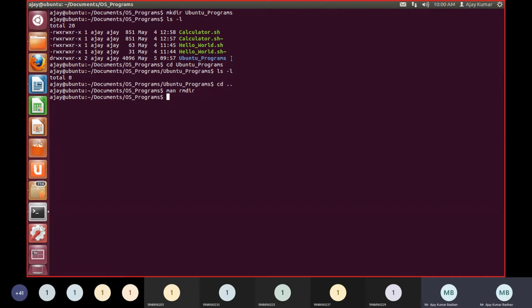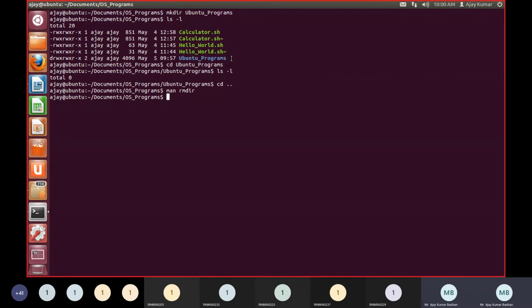Okay, but in case I wanted to delete the entire directory, whatever files are present in that ubuntu_program, I also want to delete simultaneously. That you can do using rmdir space minus p and then the name of the files. Then it will do it. No, I don't want that entire list. I simply want a simple command using which I can delete all the information. Then simply you can use the rm command, and you can delete the entire thing.